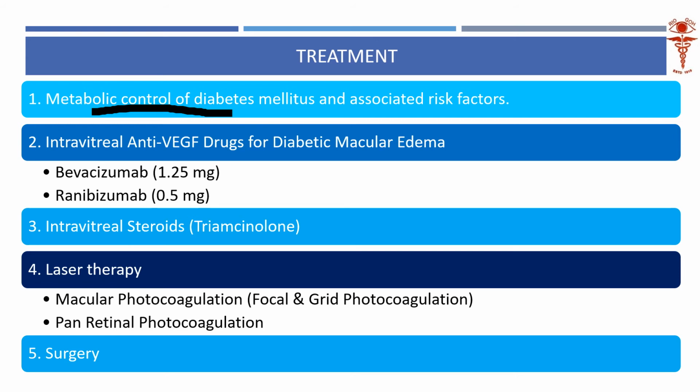Next is diabetic macular edema. You have to use anti-VEGF drugs. Anti-VEGF drugs are very important. Anti-VEGF drugs are the new armory which we have for treating diabetic retinopathy. We understood that diabetic retinopathy, after a non-proliferative phase, goes to the proliferative phase by the presence of VEGF, vascular endothelial growth factor. So drugs like bevacizumab and ranibizumab can be used as anti-VEGF drugs. A new drug in this family which is available today is called aflibercept.